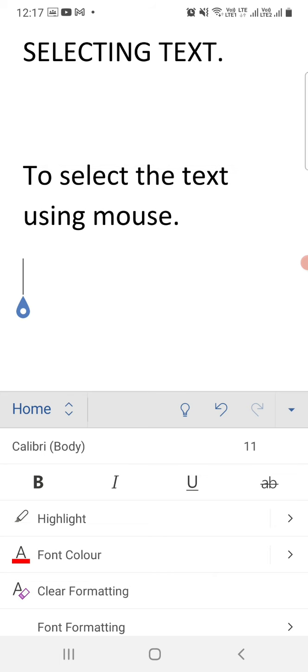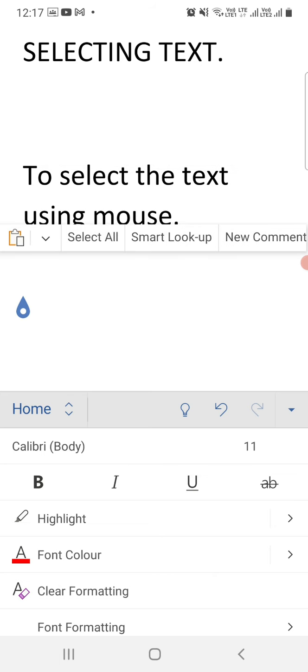Now in this place we are going to write some wrong data, some wrong spelling, to check the spelling and grammar mistakes. So if you write something with wrong spelling, it will automatically show you the word with a red wavy line. It will underline the wrong word with a red wavy line. It will indicate the word spelling is wrong, and it will also show you the possible words that you can put on that place.